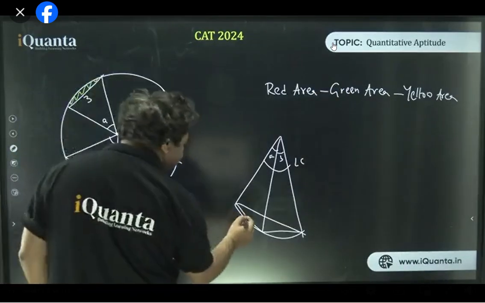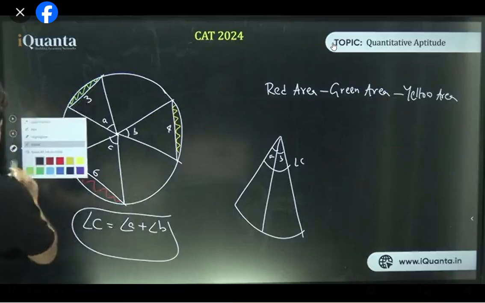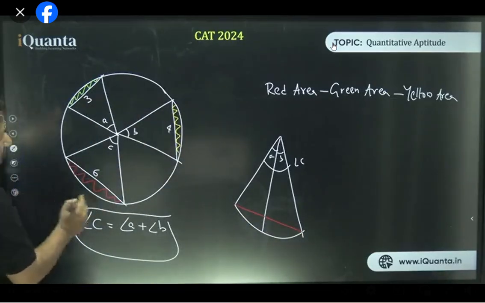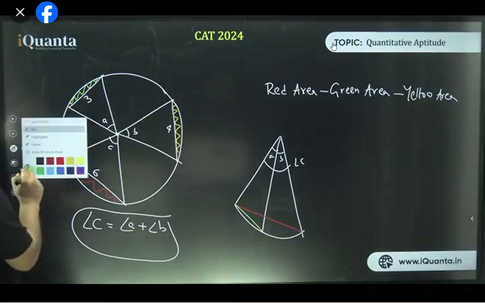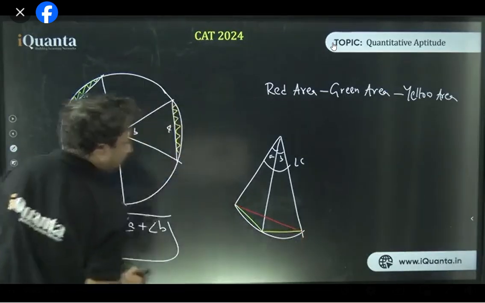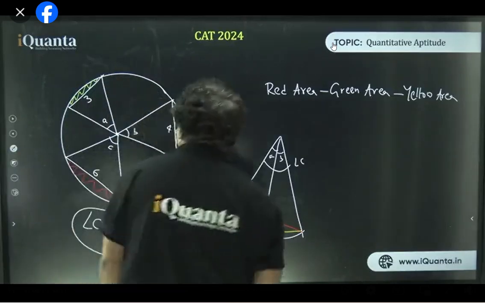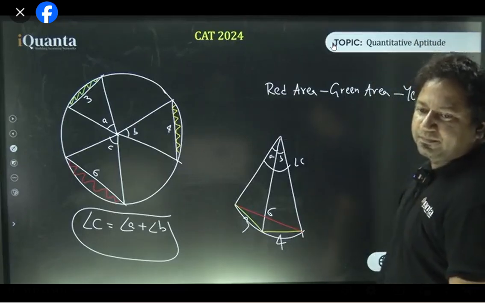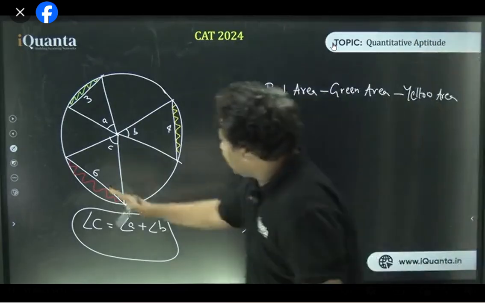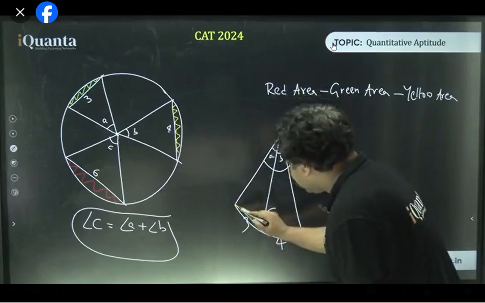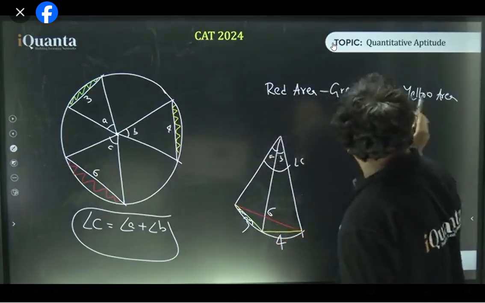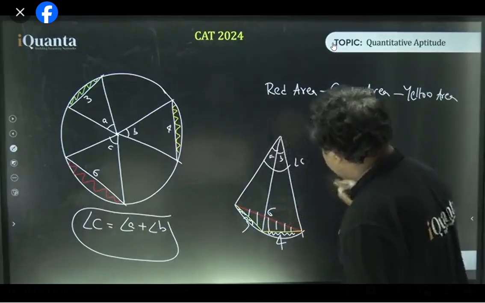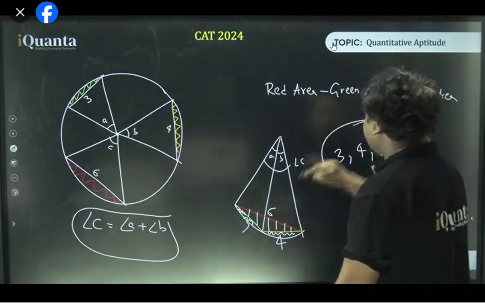रुको मैं कलर चेंज कर लेता हूँ सो दैट यू नो इट्स गुड टू लुक एट। रेड जो पहले से था, this line, green which comes here, and then I have yellow which goes there. Okay, so red line, the length is 6, green it's 3, and for yellow it's 4. Now red area, this whole was red area, इसमें से green minus कर दिया, that means this part has been subtracted. Yellow minus किया, this part has already been subtracted. So which part is left? This part is left, which is nothing but a triangle with lengths 3, 4, and 6. Apply Heron's formula, get the answer.